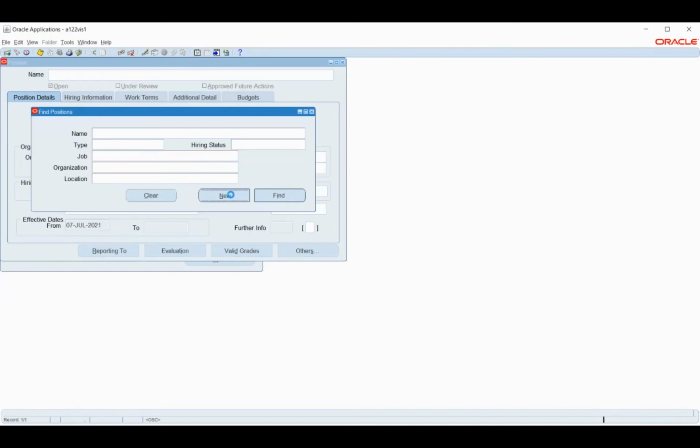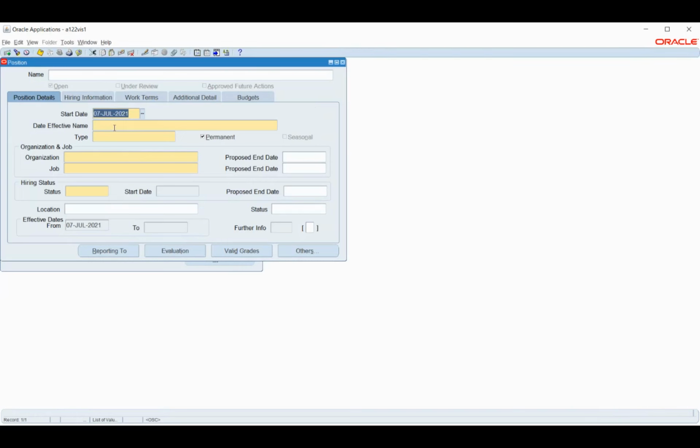So when you are creating the position, two things. One is that the date tracker, you should enable it because that will check those details. And the organization should always be HR. If you give business R, we have a clash there because the earlier one which we created is using the HR. So that's the only thing.